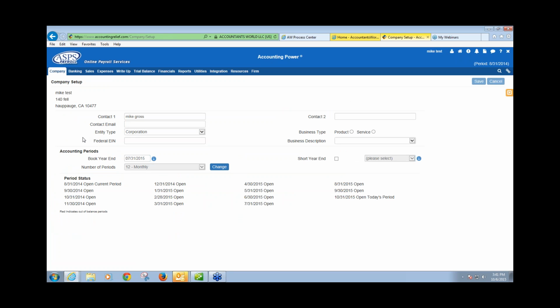Here, we ask you to fill out information, but specifically the entity type of this particular client. There's a pull-down window, so you could choose if it's a Corp, S-Corp, Partnership, LLC, nonprofit, okay? And the book year end. Now, in the book year end, your date here will be